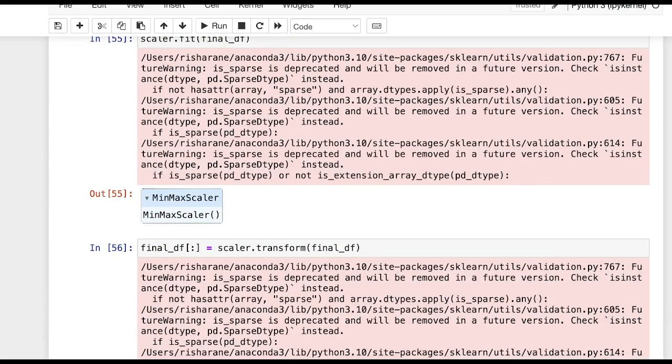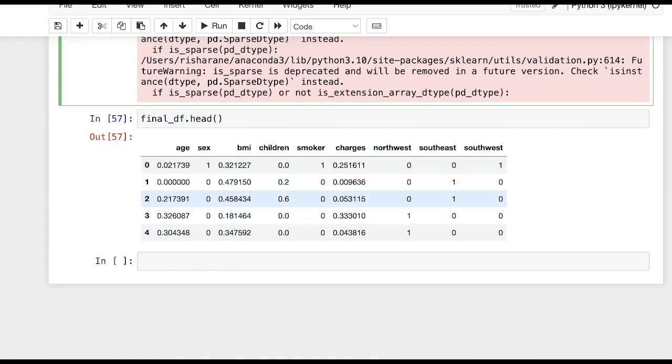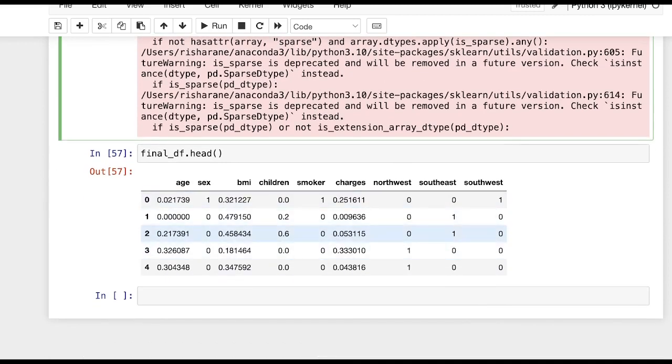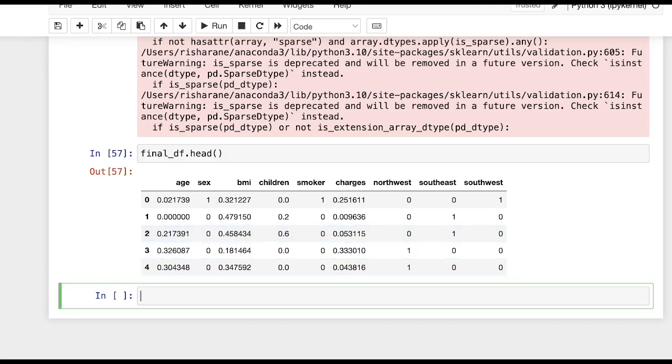Now one thing you can notice here is why we included these square brackets with colon. If you don't include this, then your output, the transformed values, will be stored in the form of arrays and not in the form of data frames. This is the data frame, and we want these values in the form of data frames so we can then process it. If you don't include that, it will consider the final df variable as an array variable, and it will store the transformed values in the form of an array, and then you again convert it into a data frame, which is a very hectic job. So now that we have converted this, I think we are done and good to go.